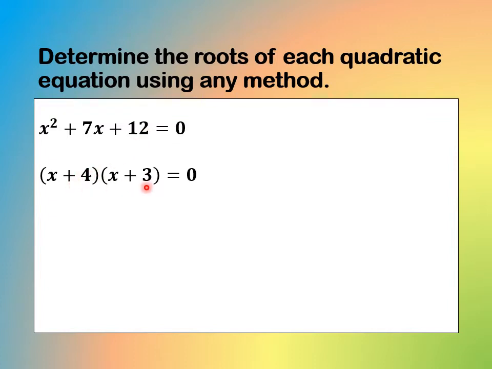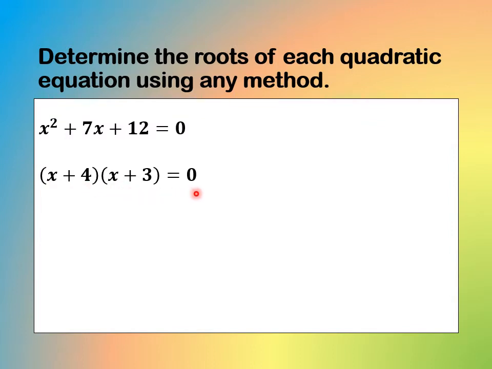Kung mapapansin nyo, ang sign ng ating binomials ay parehas na positive. Bakit? Kasi ang sign ng ating last term ay positive. So meaning, kung positive ang sign ng last term natin, dalawa lang ang magiging choices ng signs ng binomials. Pwedeng parehas na positive or parehas na negative. Since ang sign ng ating linear term ay positive, kaya ang sign ng binomials natin ay parehas na positive. Okay? So we have the factors of the quantity x plus 4 times the quantity x plus 3 is equal